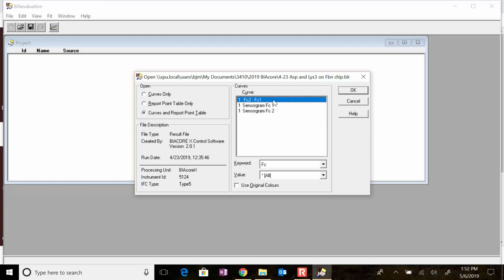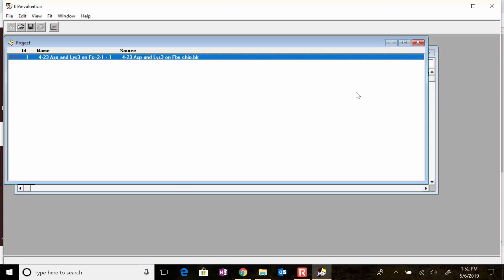And then I'm really only interested in the subtracted data. You only look at the individual flow cells when you think there's something wrong, or when your professor asks you to do it for the lab report, okay? But for this right here, you're going to just select the subtracted data. You don't need the other data. You say okay. And what it's done is it's put a data line, a red data line